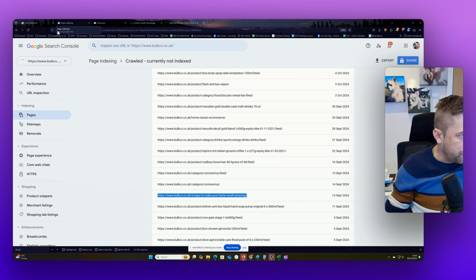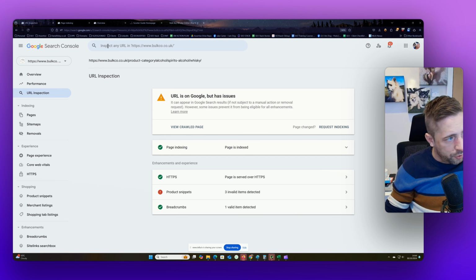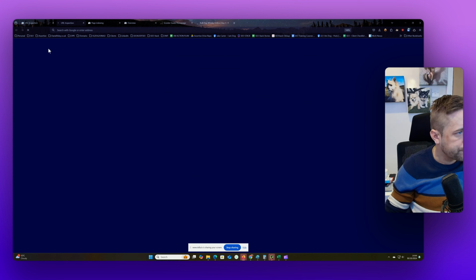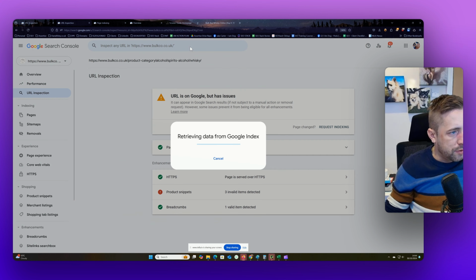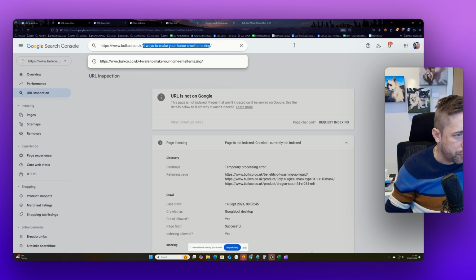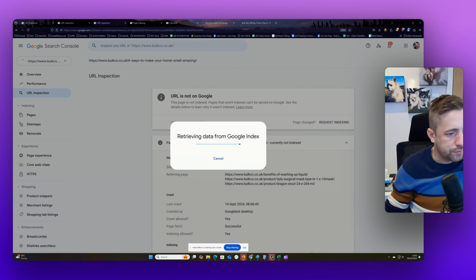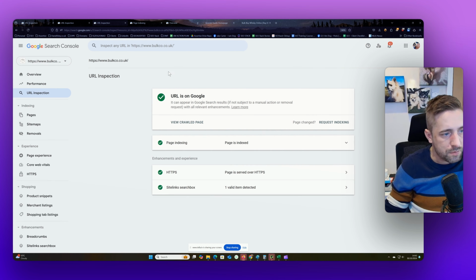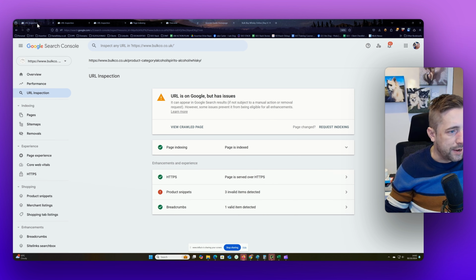So if we go to our URL inspection, this one is on Google, but it has issues. And this one is not on Google. And then let's get one that is definitely on Google and shouldn't have any issues. That's the home page. So here we go. We have a URL that is on Google, one that is not on Google, and one that is on Google but there are issues. We'll start here. I'll run through the generic things that you can do, and then I will run through with you the